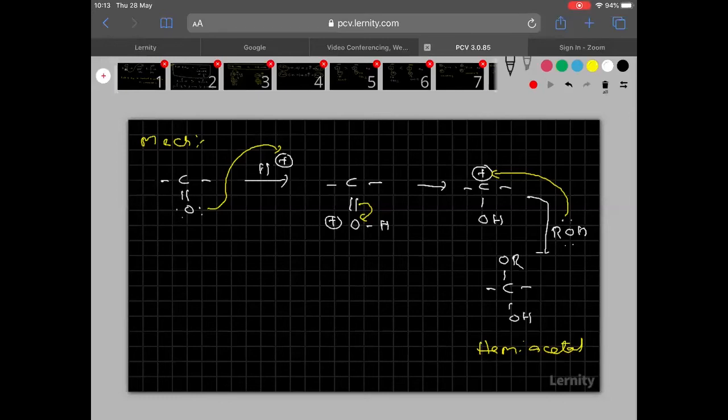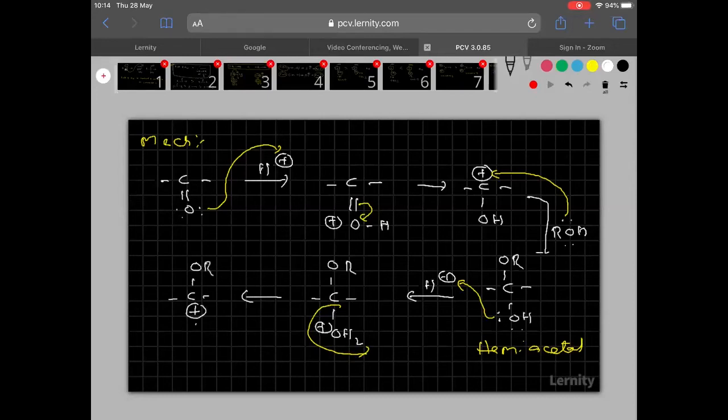Okay. Now in our medium, dry HCl is still there, so it will give the H plus ions. Now oxygen carries two lone pairs here also. So protonation takes place. And now see clearly what you will get here: OH2 plus, and here OR is as it is. Oxygen cannot bear the positive charge, so immediately OH2 plus departs out. Then what happened here? You will get the positive charge on C, and here OR. So please copy quickly. I will go to the next slide.